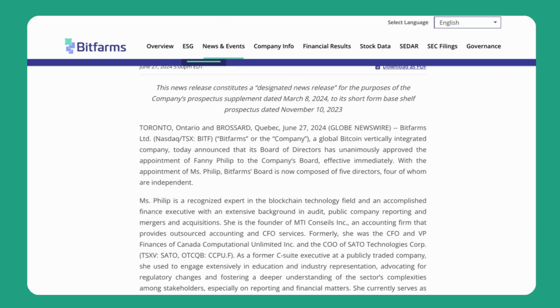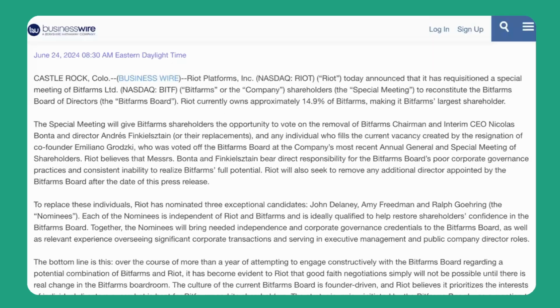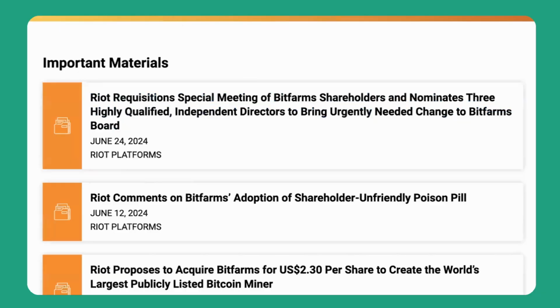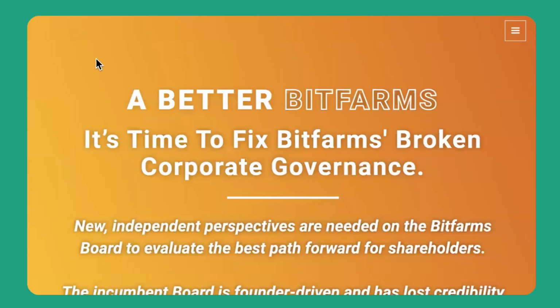However, the candidates that Riot has nominated, they do not have experience when it comes to these things. So will Riot be able to create a better Bitfarms according to this website that they have launched? We seriously doubt that, ladies and gentlemen. We seriously doubt that because they have problems of their own, and the candidates that they have nominated do not have experience when it comes to Bitcoin mining, digital assets, or AI,